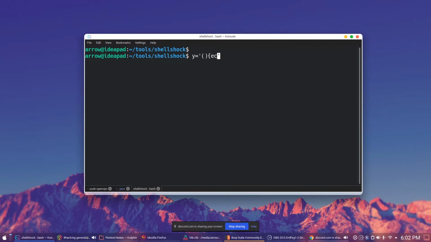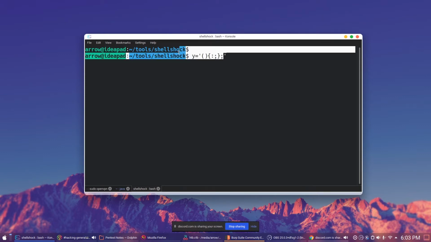You can write any shell command, for example echo hi, or we can leave it as a colon and semicolon, which indicates an empty function. After that you put the semicolon. So this is the normal definition for the function.